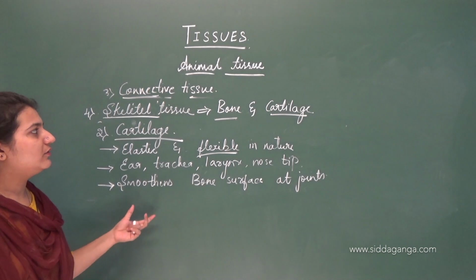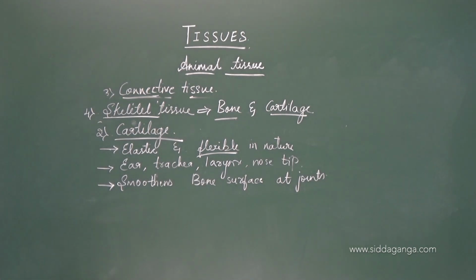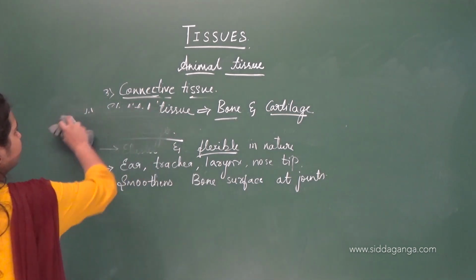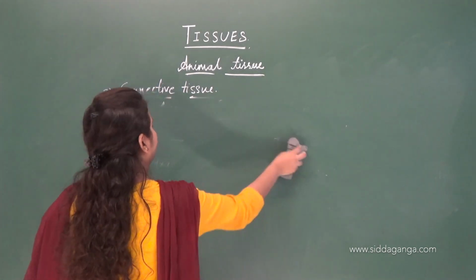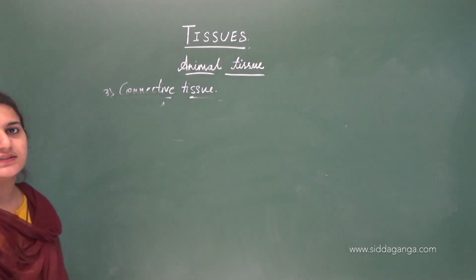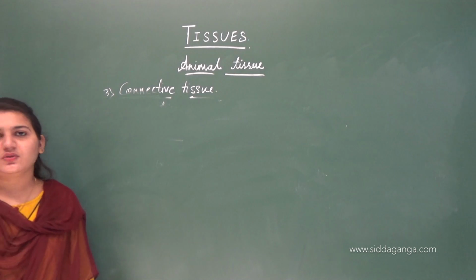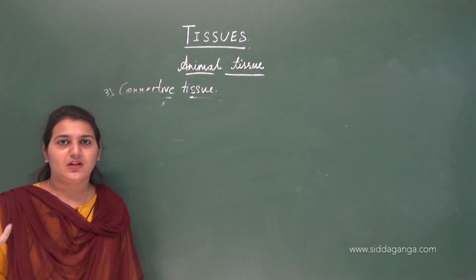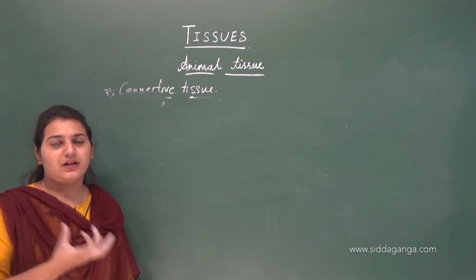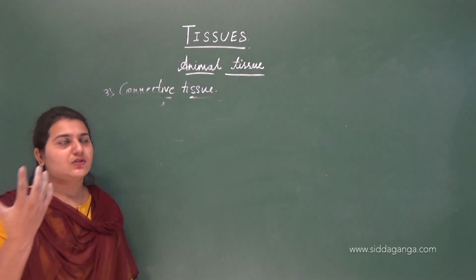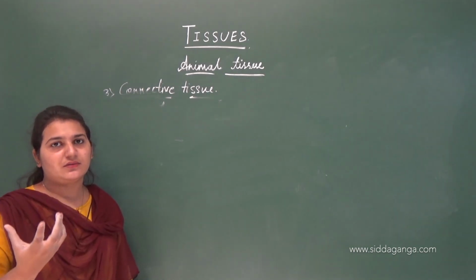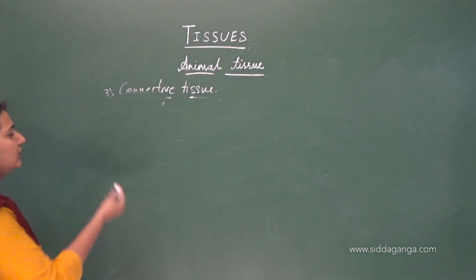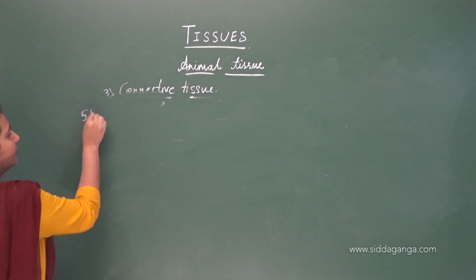Now let us see about the fluid tissue. These are all the types of connective tissue based on the matrix that surrounds the organ. In loose connective tissue, the matrix was loose or areolar, hence the name. In the dense connective tissue it was too dense, hence the name. And in skeletal tissue they were too rigid; the bone and cartilage are too strong and too rigid, hence the name. Now in fluid tissue, the matrix is of fluid type.